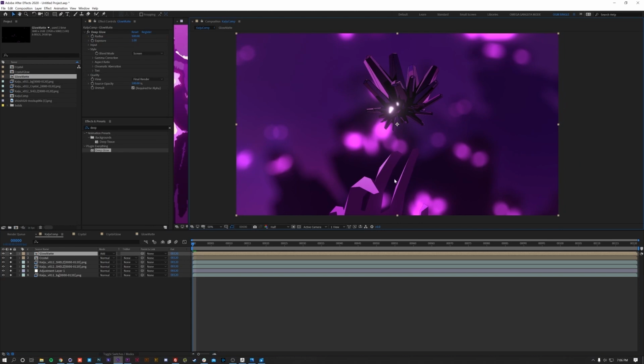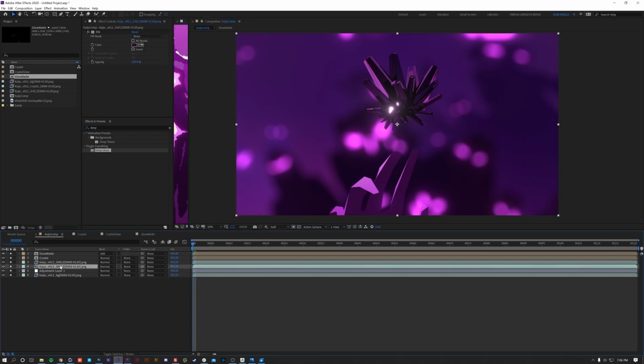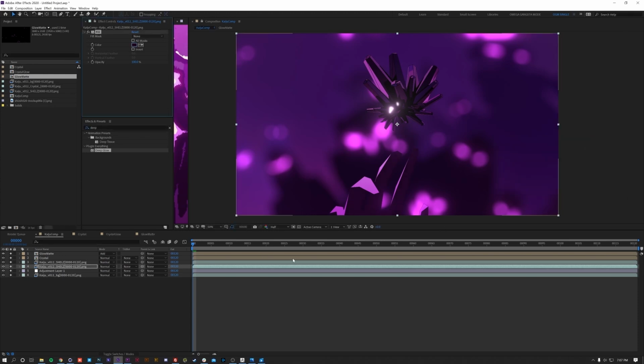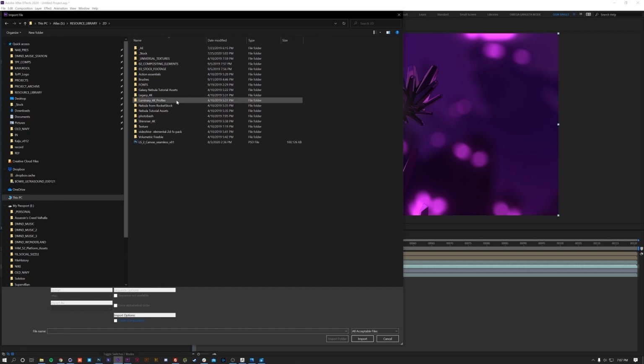So even just looking at this, I can tell that Shells is a little too bright. Her darkest points are a little too bright. So I'm going to keep that same value and make it a little darker, something like that. But now she's starting to blend in with the background, which is not what we want. So to separate them out a little bit, I have a whole bunch of random light leaks and stuff